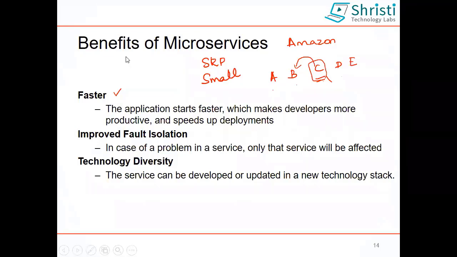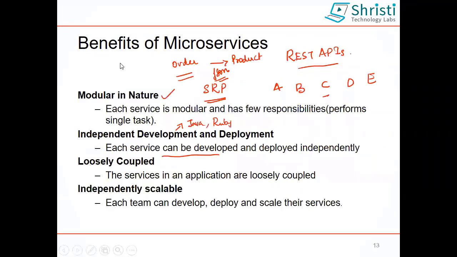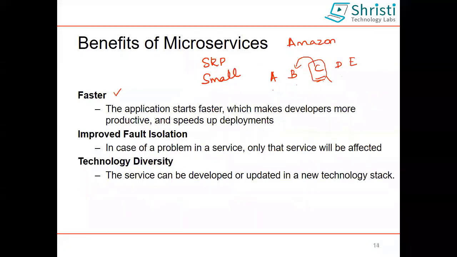So these are a few benefits of microservices. As I told you, you have to remember this. Compared to a monolithic architecture, this is modular, with independent development and deployment. So you can have different languages. You can use your own choice of language. Whenever something goes wrong, it is very easy to identify it. Fault tolerance is possible. It is independently scalable. It means that you can add more and more functionalities to one particular service without disturbing the other services. Okay, technology diversity, I already told you. The technology stack can be different for different services. How are they going to talk? They are just going to talk as REST APIs only, so it's very easy.